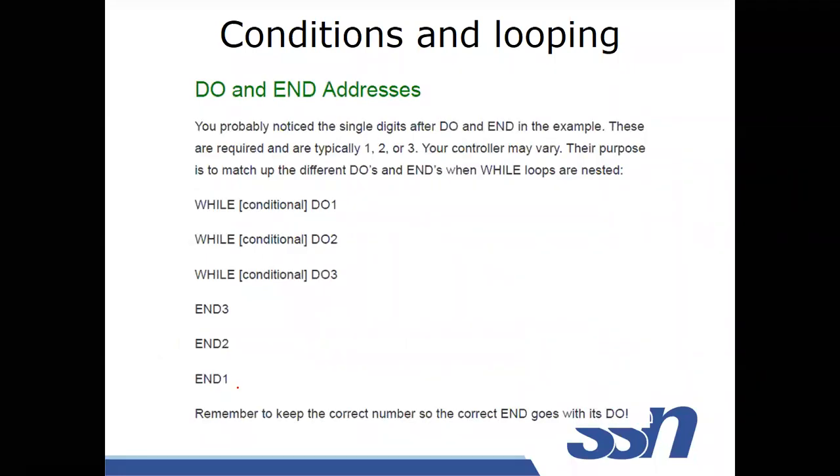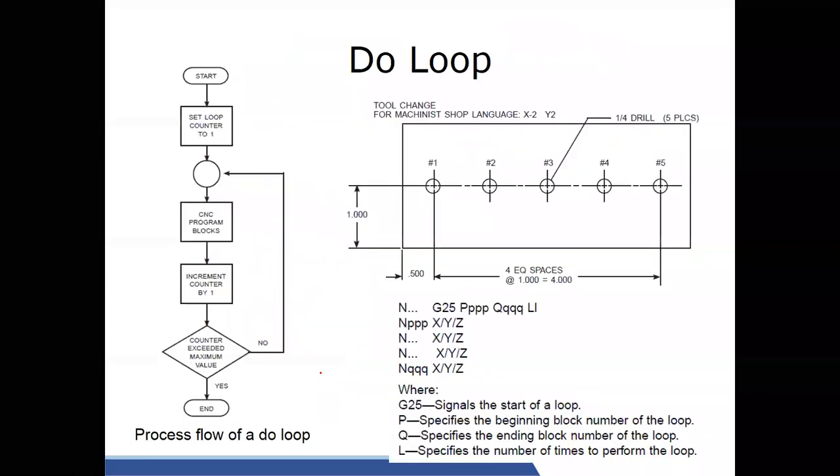Okay, so nested loops also we can have. In this case, 3 nested loops are used. The first loop is executed. After execution of this is done, this will be the third one. You can write nested loops also. So it's a simple example of how the do loop works.